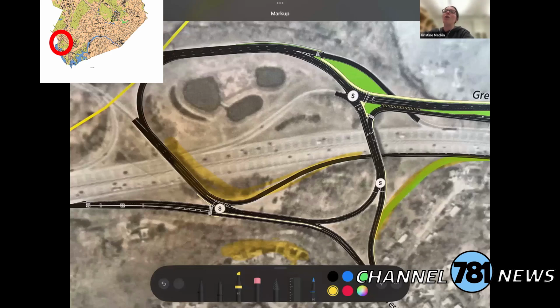Right now, if you go over the 117 bridge and take an immediate left, you kind of dead end into a construction area. That's going to be extended all the way down till it connects with Route 20 at this interchange. So the 3 new stoplights are going to be placed just past the current turnoff to get onto 128 northbound. So there's going to be a stoplight if you're coming from Cedarwood almost right away. Then you'll go over the bridge. There will be a second stoplight to control the traffic that's coming southbound off of Green Street. Then travel will continue around the Rotary in this direction until you hit another stoplight at this place,